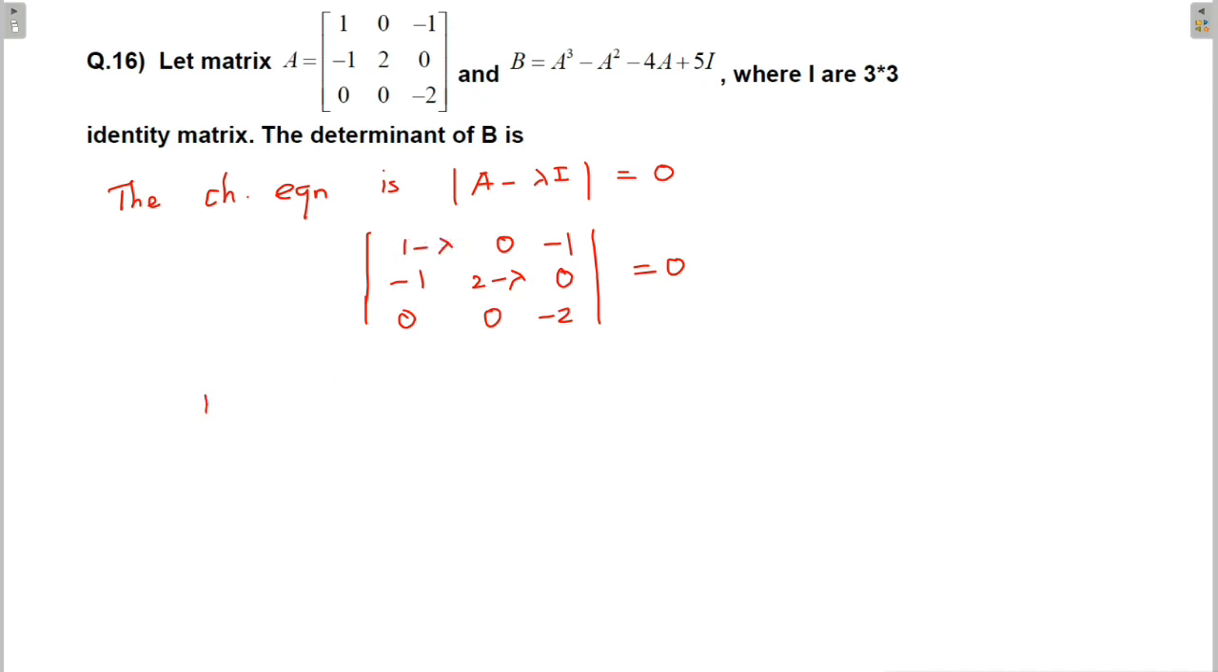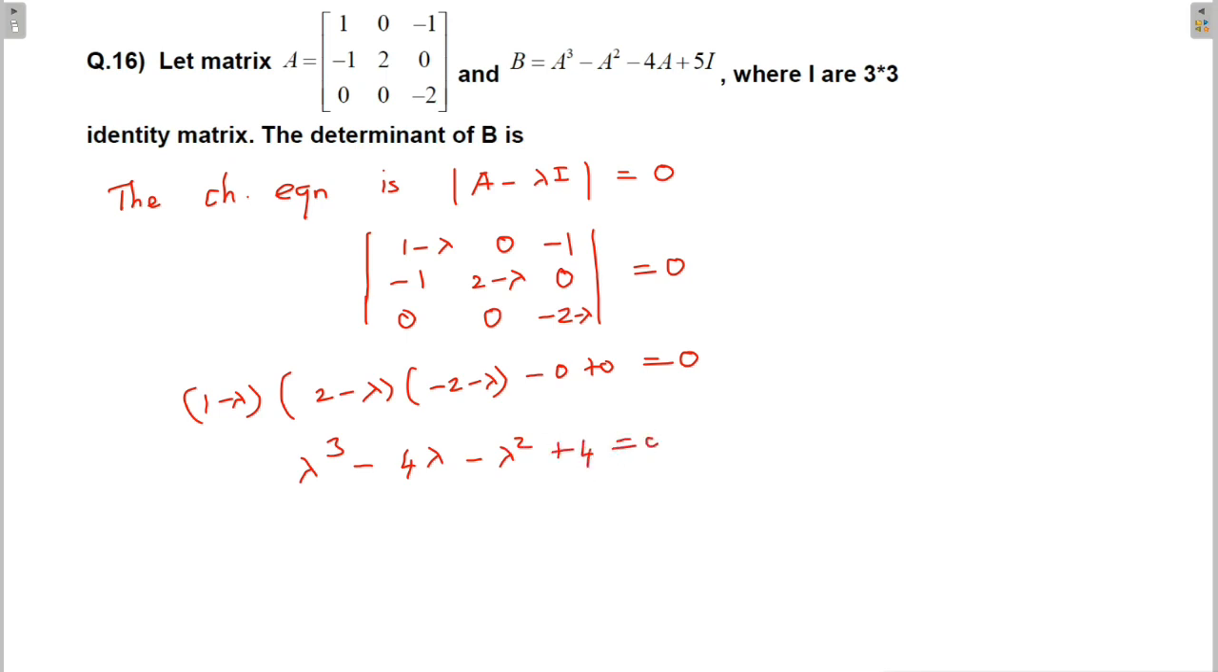of this term. So (1 minus lambda) into (2 minus lambda) into (minus 2 minus lambda) minus 0 plus 0 equal to 0. If you solve, if you multiply, you may get lambda power 3 minus 4 lambda minus lambda square plus 4 equal to 0. Right? So lambda power 3 minus lambda square minus 4 lambda plus 4 equal to 0